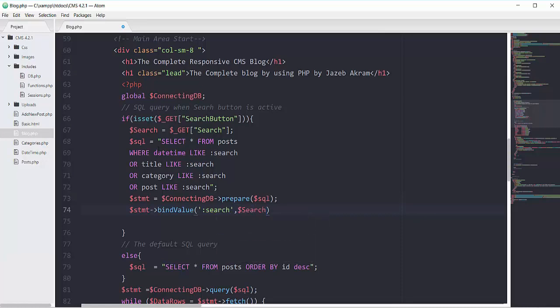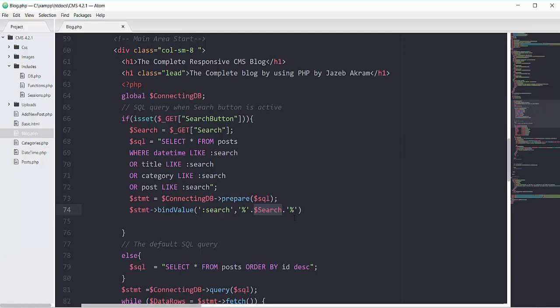Now as we are using the LIKE operator of SQL here, we need to pass the percentage sign. So I will pass the percentage sign at the beginning of my variable and then at the ending of my variable. So in the binding values, I'm saying here in my database, look for this search input field and don't worry about the beginning data or the ending data.